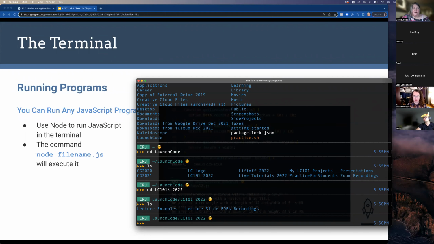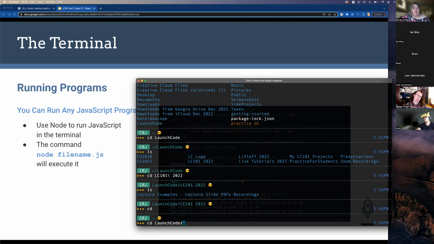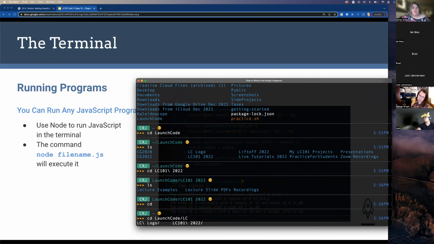We can look at here. You can see my different directories that I've got in here. If I go back, I can actually do that all at once. And I can say, you know, I want to do LC1, oops. And if I make a mistake, it says, oh, hey, here are your two options, and then you can see what your options are. Okay. And then I can go straight from there to, you know, lecture, and it gives me the lecture and